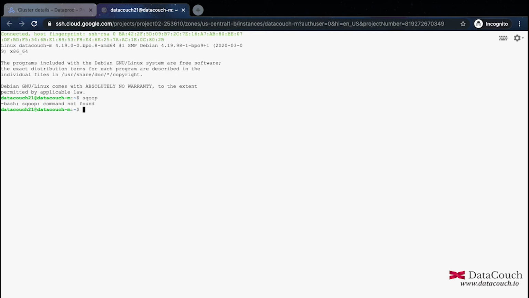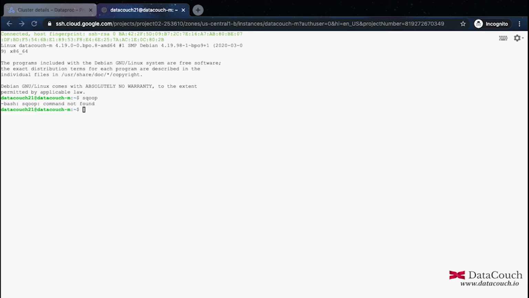So that's the problem that we want to solve here, and we want to install Sqoop. Once we install Sqoop, we will be able to import data from a relational database into HDFS. Another thing we can do later is bring data from RDBMS to HDFS and Hive both, so we are bringing data into HDFS and metadata into Hive. Those things we can work on once Sqoop is in place. So let's install Sqoop here in the virtual machine.